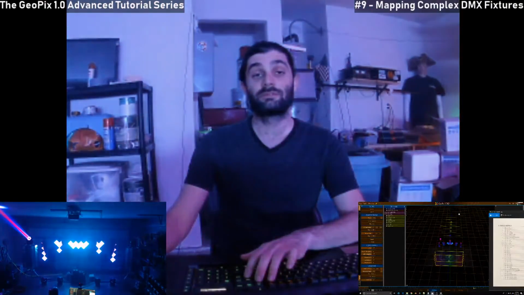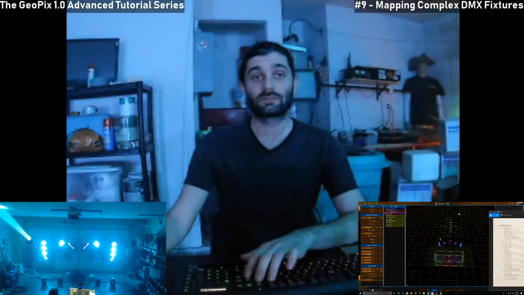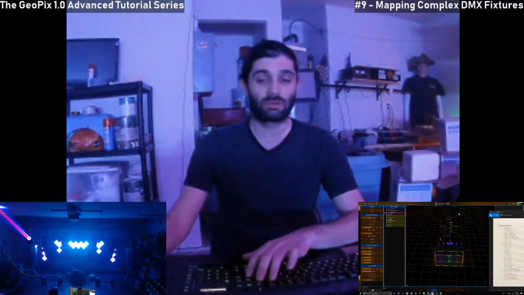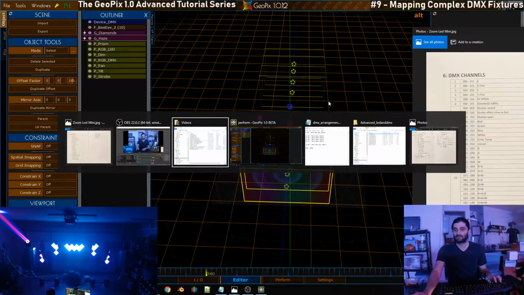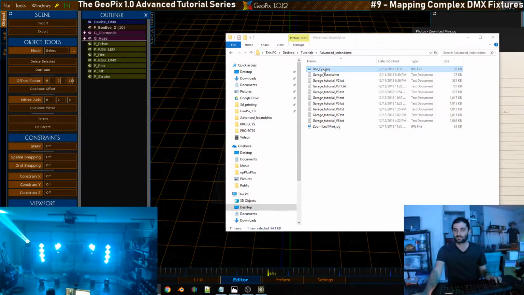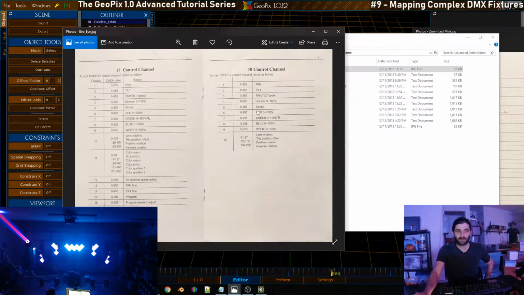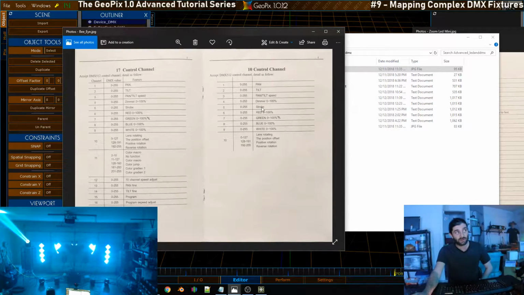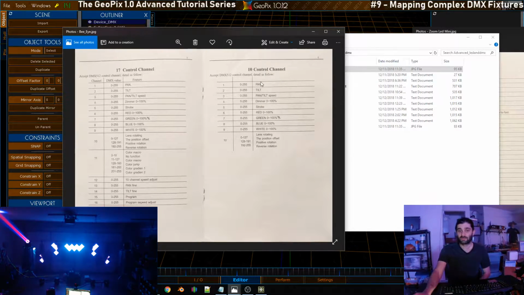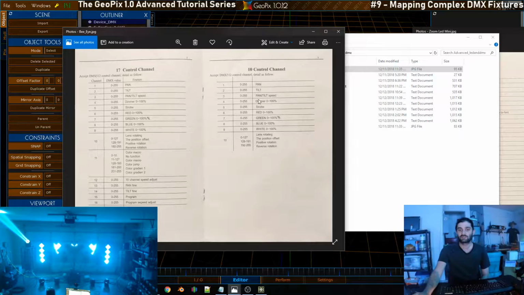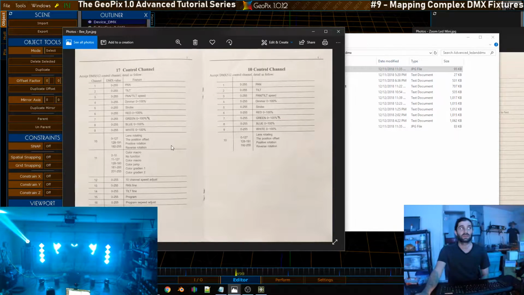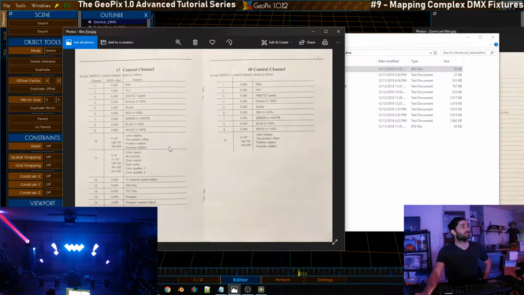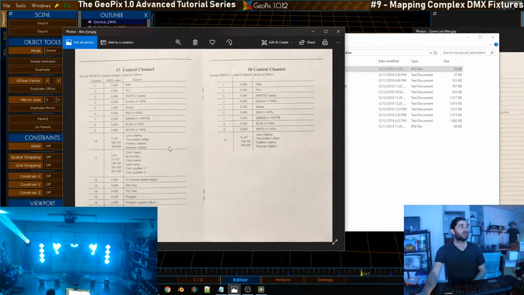Hey, so in this video we're going to continue mapping the DMX fixtures here, and just a quick recap. In the last video we mapped the B light, which was this one right here. It was a 10 channel setup, and it's the one that you see on in the corner there, and we set up the pan, the tilt, the speed, and all the other channels just to projectors without any fancy content going to them. And for the color, we've just got a simple ramp animating through,